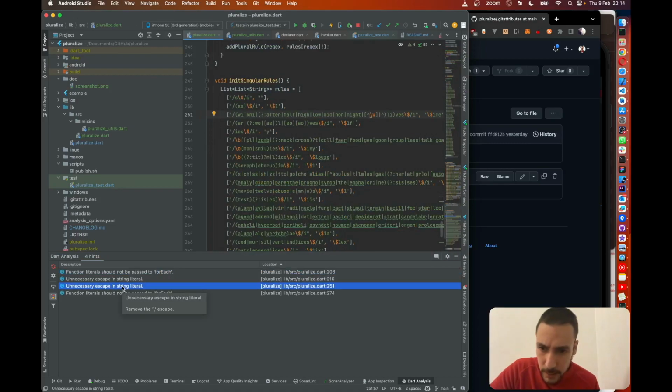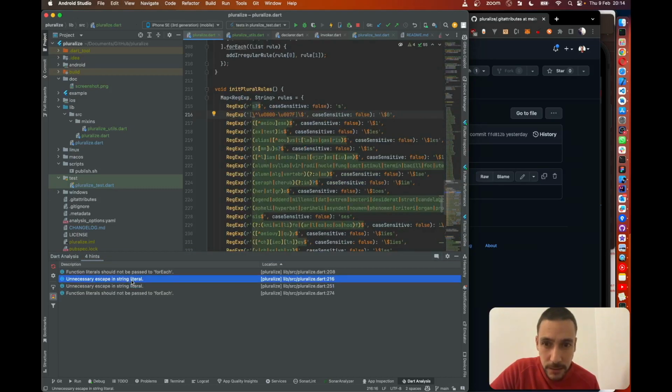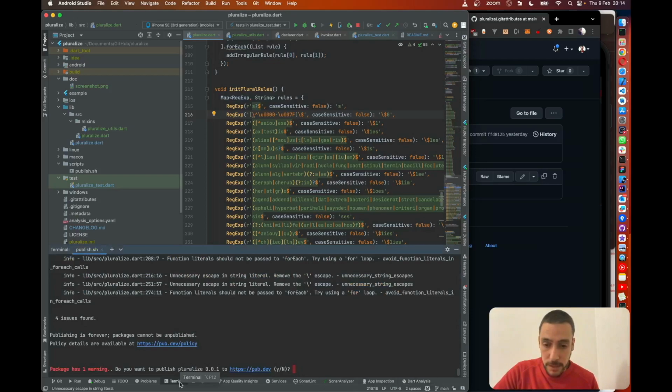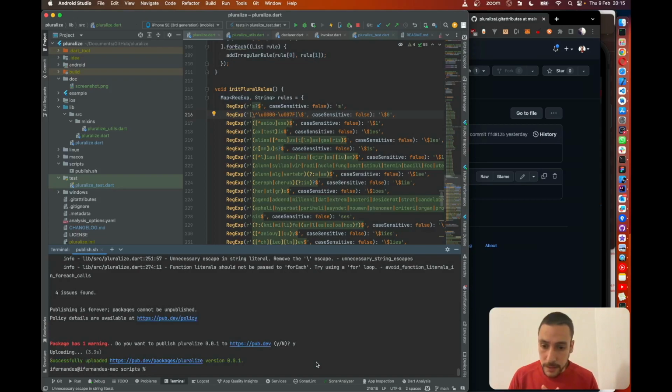Here it is saying that we don't need it. Not sure about that. Like it is working, so I will commit even with the warnings. Maybe it's something that I will look at when I have more time, and okay, let's publish. We are ready to go. And okay, looks like it's uploaded,